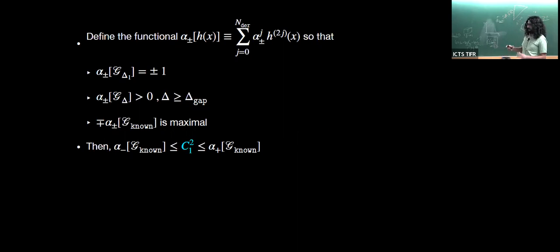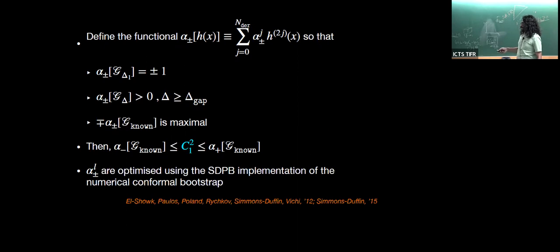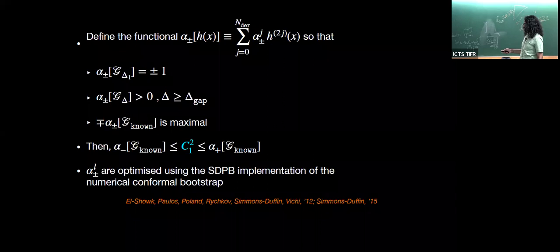Because the functional acting on the crossing equation will give something greater than 0 when it acts on the stuff above the gap, and it is maximized on the known part. So by finding these two functionals, alpha plus and alpha minus, you can actually put a bound on c square 1. And these alpha plus or minus L coefficients are optimized using